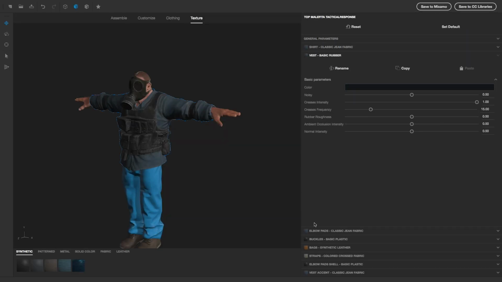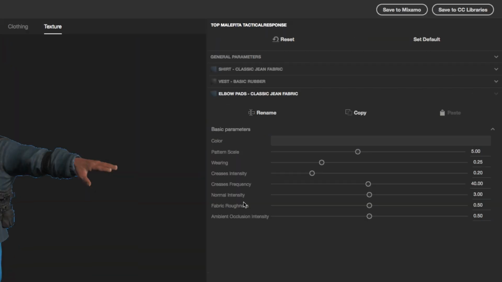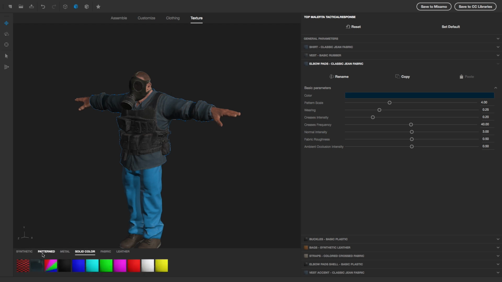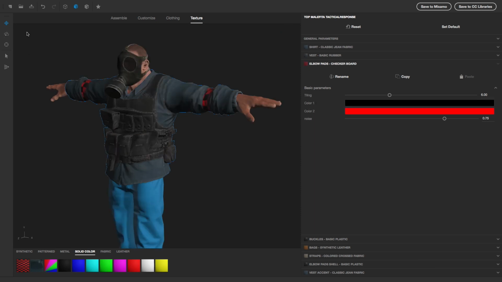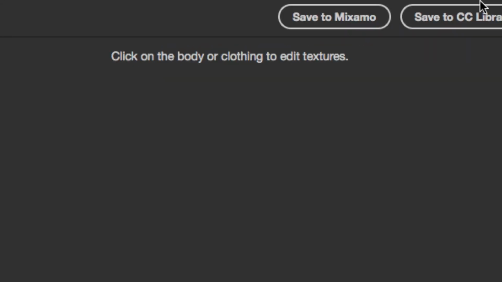So say the shirt, as an example, or any of these, if you click it, it works the same way as these other sliders. So you can change it, change the color, adjust it. You also could just throw other materials that it has built in on it. So we just click one of those, and it's going to replace that material on him with any one of these. And again, what's cool about this is it takes the work out of it and uses all the stuff that everyone keeps talking about with the libraries to make that stuff easier. So what you can do when you're done is just use these two quick buttons.